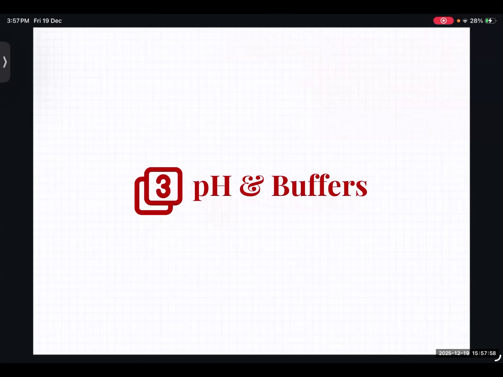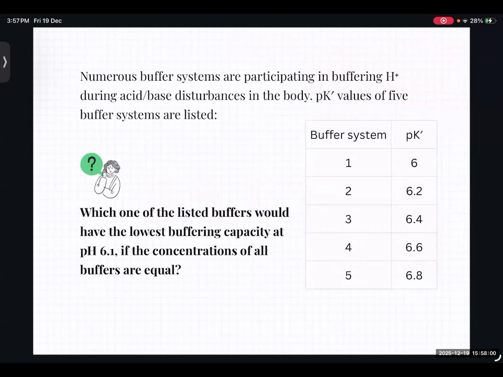pH levels and buffers. This is a very nice question. I really enjoyed preparing this one because it took me personally a lot of research. Numerous buffer systems are participating in buffering H plus during acid-base disturbances in the body. We all know that. So there is a certain system that we have